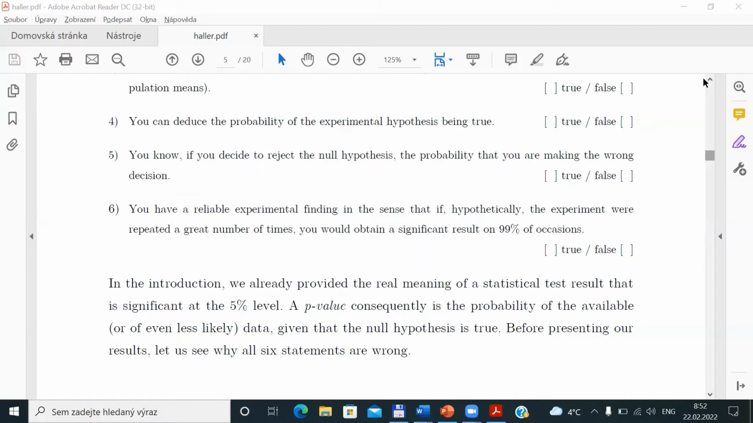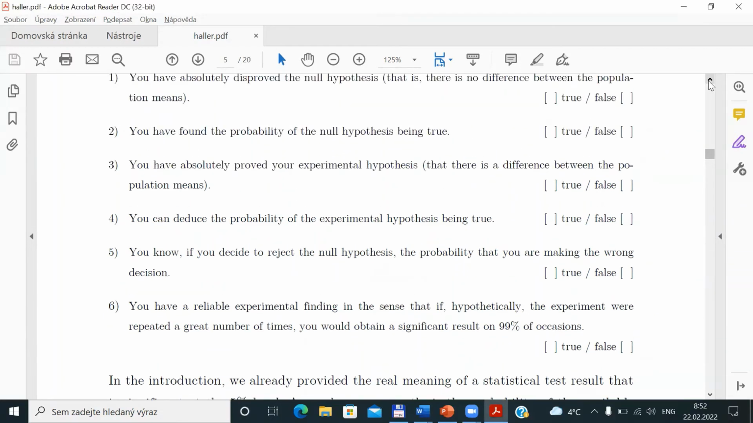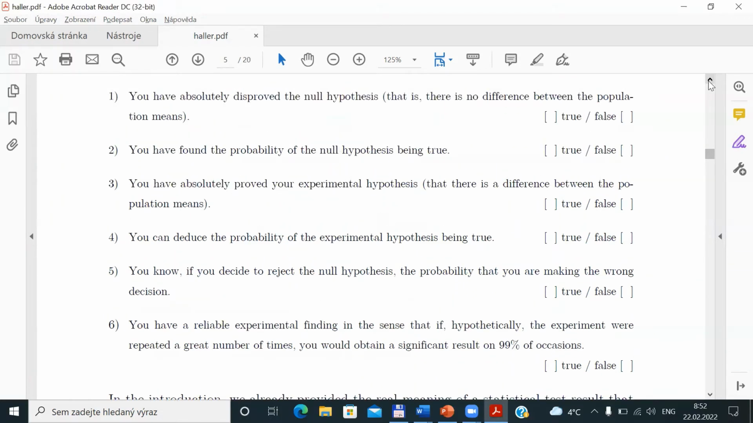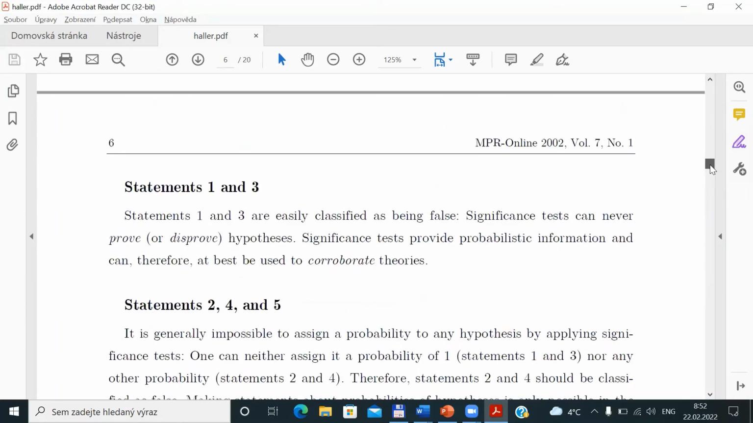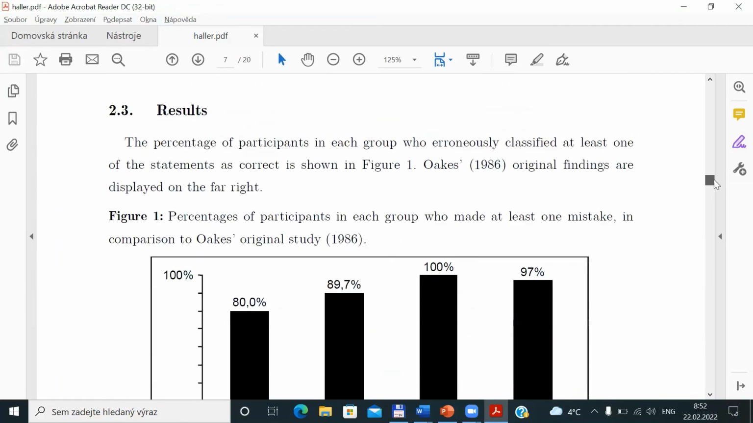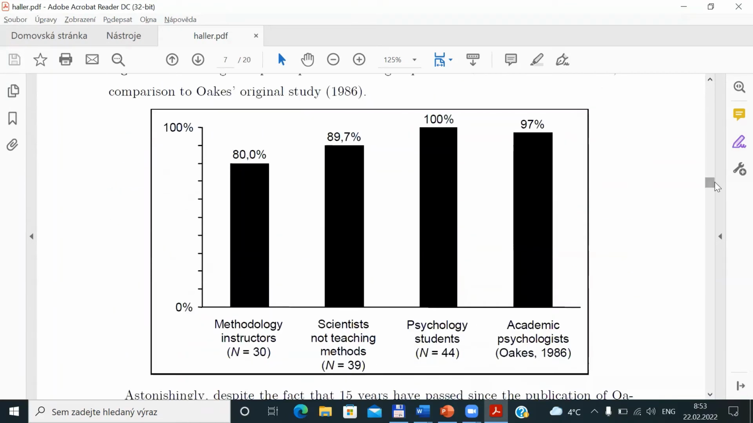So all these statements are incorrect, and next time I will evaluate the test and we will find how many people were totally correct in the test and how many mistakes you made. But before we go to the second test, I would briefly only recap results from German colleagues that are approximately 20 years old. So here we are, and here you can find results